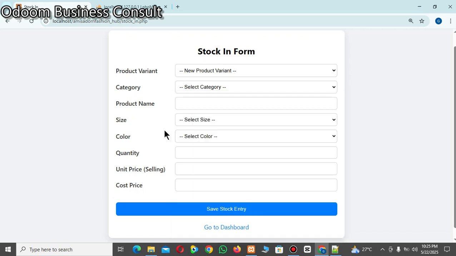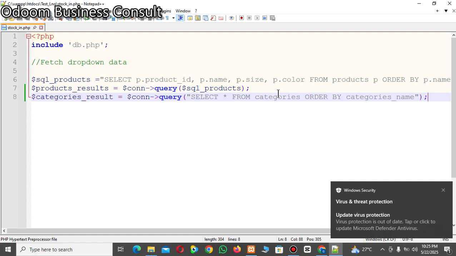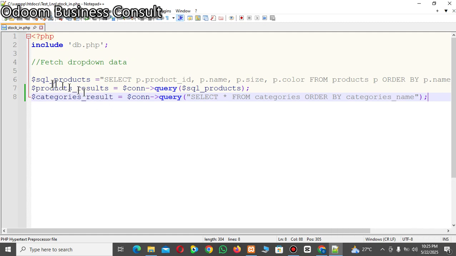So we should select all the columns from the categories table and arrange it alphabetically by the names of the categories in that table. That's the meaning. This asterisk means you select all the columns, so all the columns in that table, and which table are you referring to? The categories table. And that result will be stored in this variable,